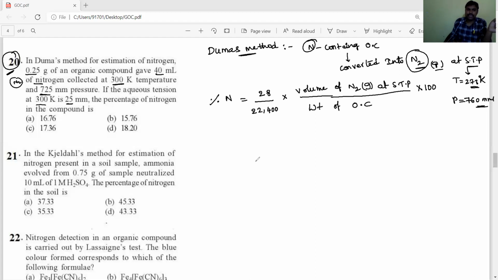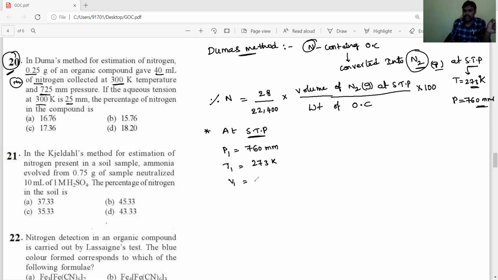In that case, okay students, let at STP condition the pressure be P1 equals 760 mm, and the temperature T1 equals 273 kelvins, and the volume V2